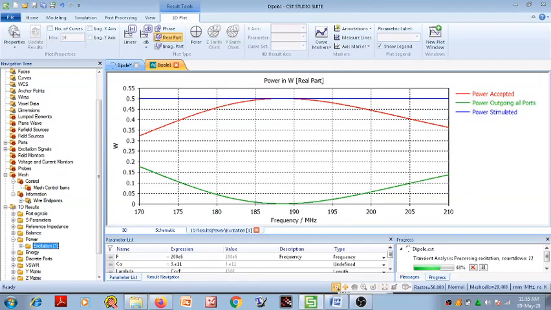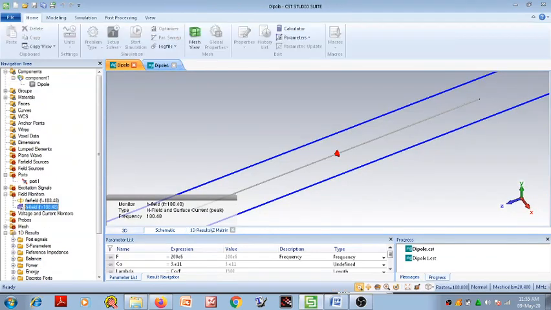This blue line indicates that much amount of power is given to the antenna, meaning power simulated, and this red line indicates that much amount of power is accepted by the antenna out of this simulated power, and the green line indicates the power at the output port. So our simulation is completed here.